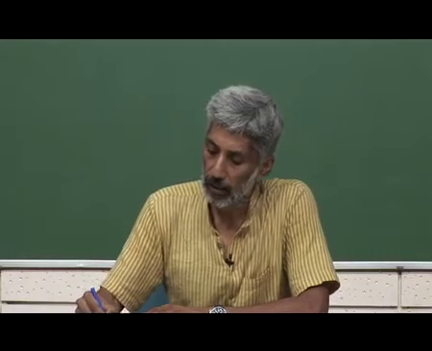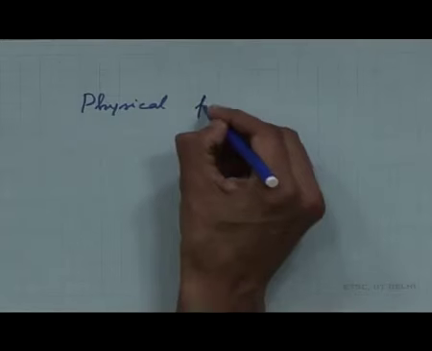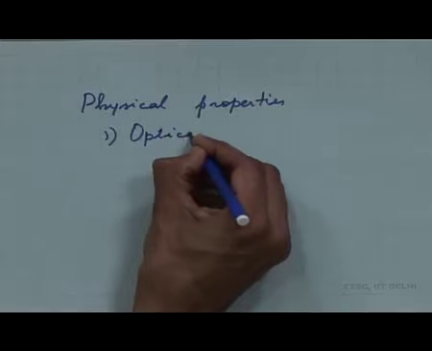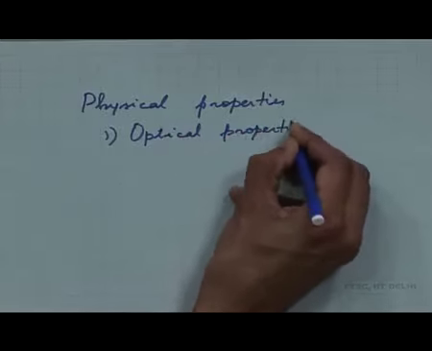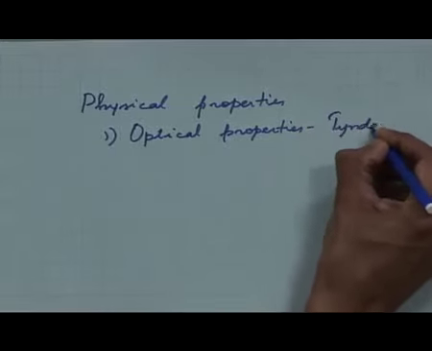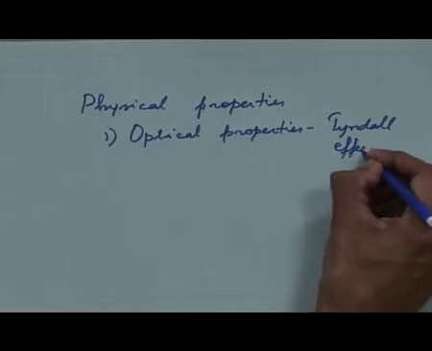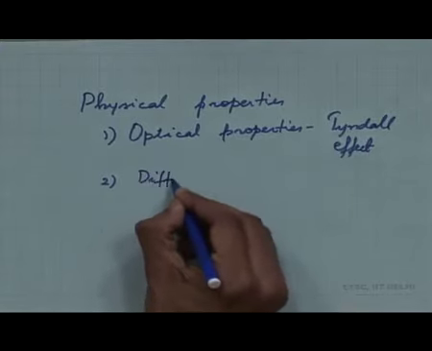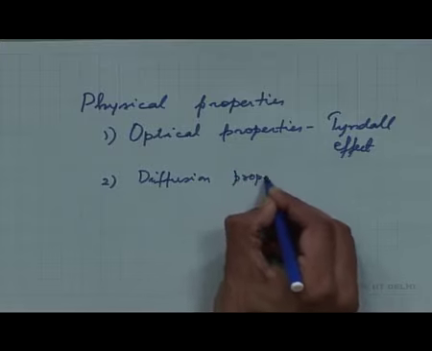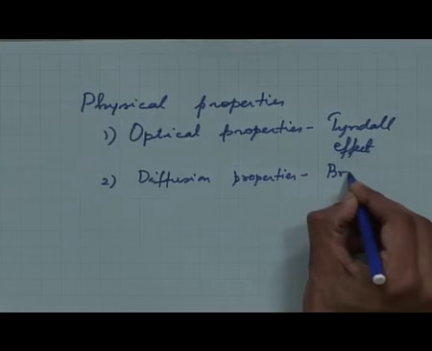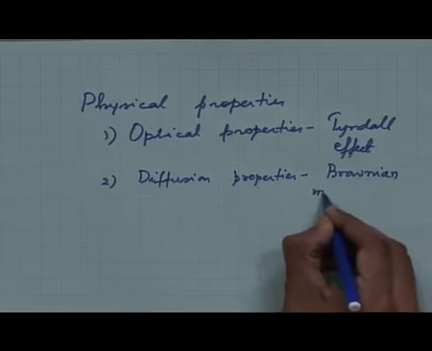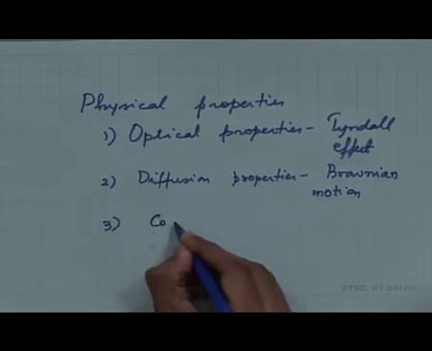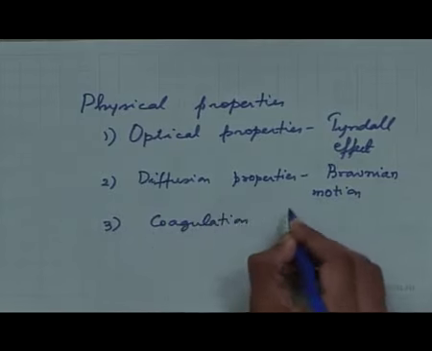We have looked at some of the things that we have considered in this: optical properties, where we looked at the Tyndall effect, some of the diffusion properties, that is Brownian motion, and finally we looked at the coagulation behavior